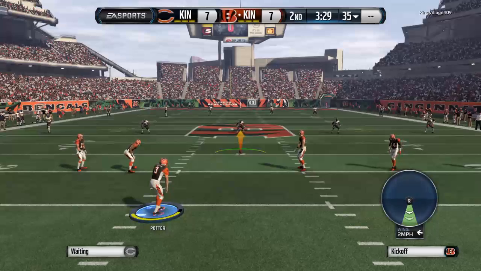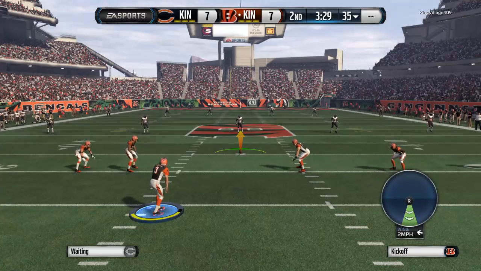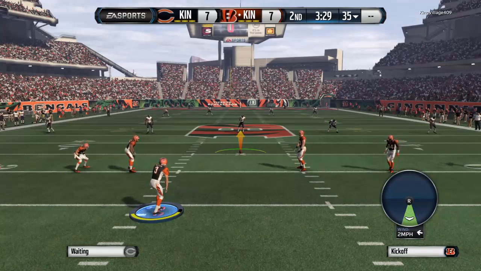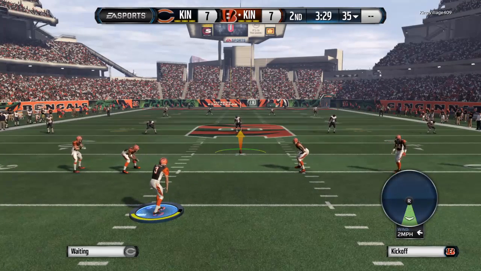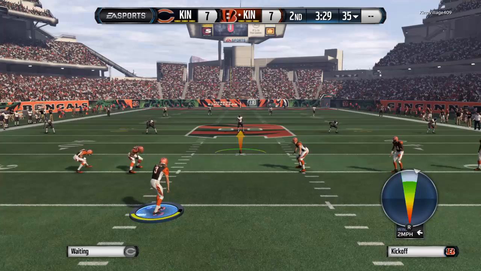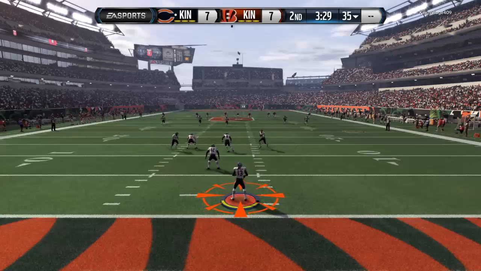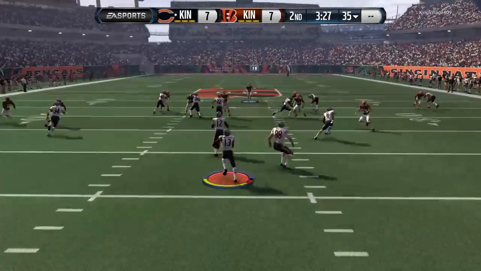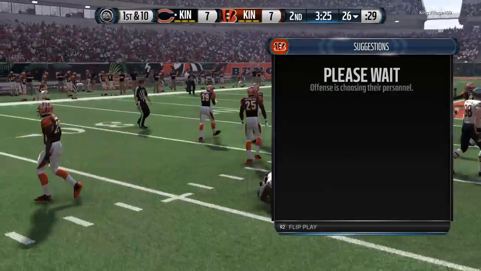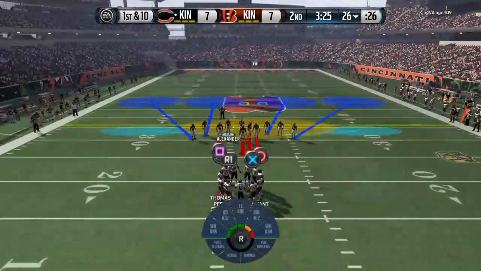The Bears are ready to return the kick. They're setting up the return. Tackles made right around the 26-yard line. The Bears offense coming back onto the field. It was a good drive for them the last time they had it, all the way down to the end